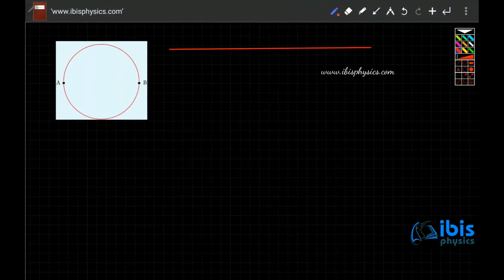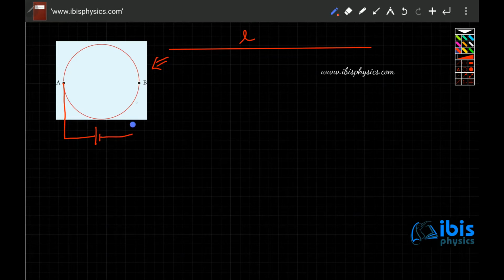A wire of length L is bent in the form of a circle, and in that circle consider 2 points which are diametrically opposite. Between those 2 points, what is the effective resistance? In such a case, what we are supposed to do is, for the points across which we need to find the resistance,